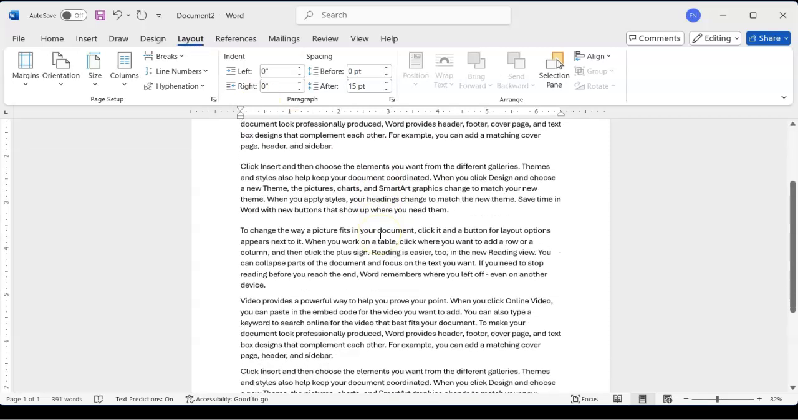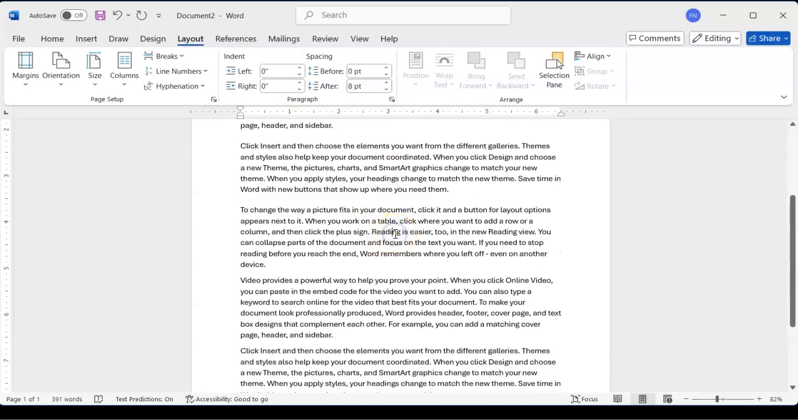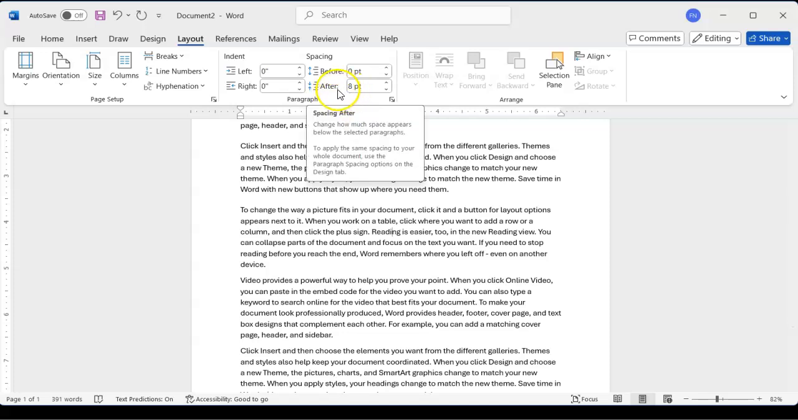All right, so let's go to this third paragraph and click on it. Now we could simply select all the paragraphs and change them all at once, but for the sake of brevity and also for learning, we're going to change each one differently. So in this third paragraph, we see that there's only 8 points